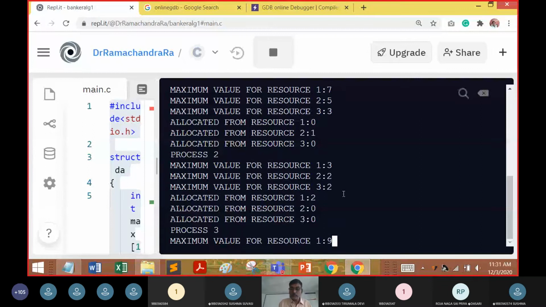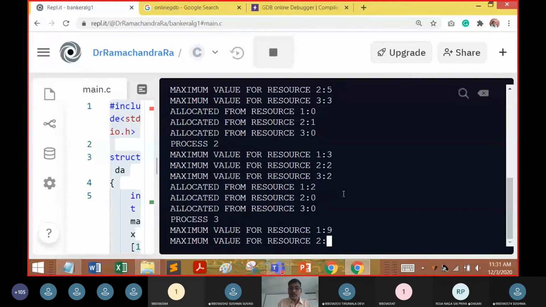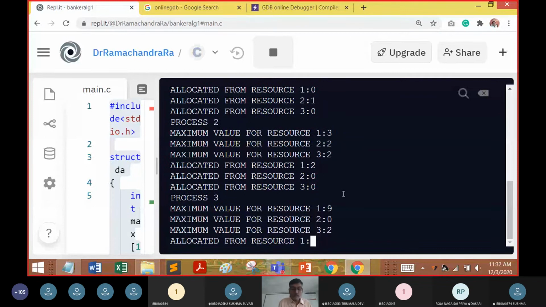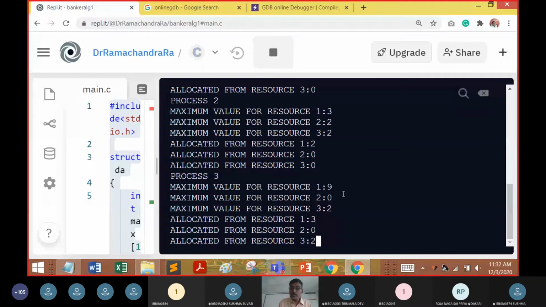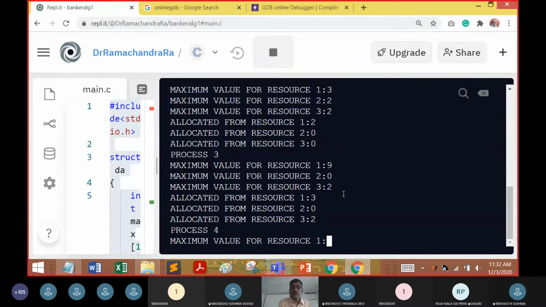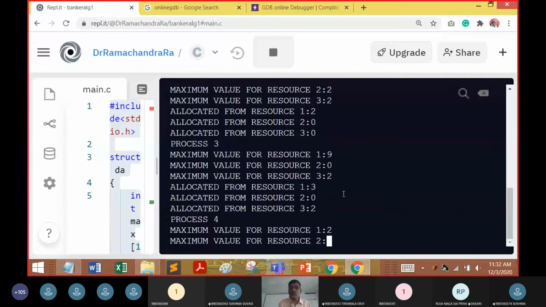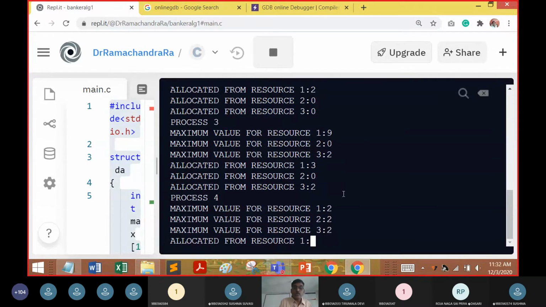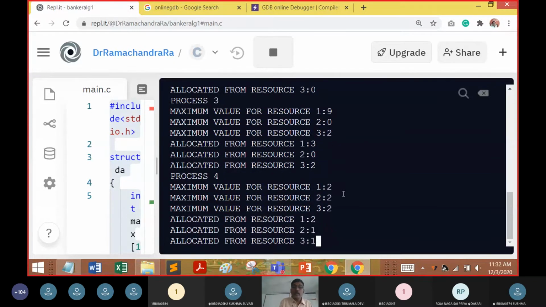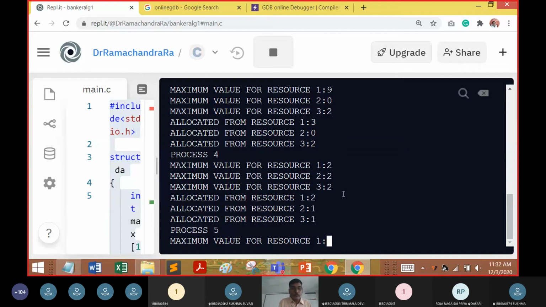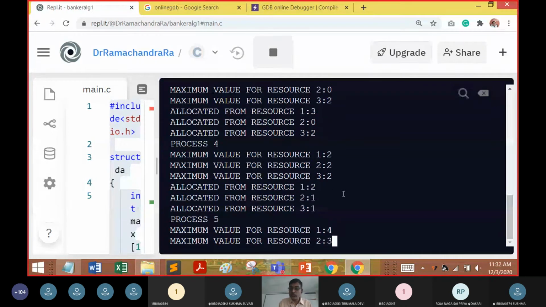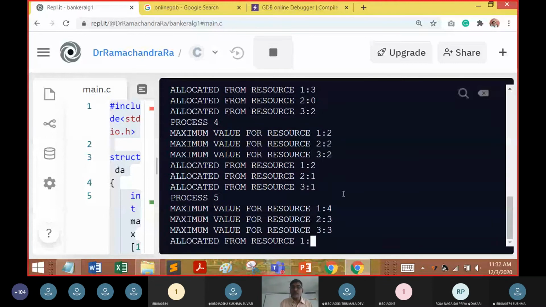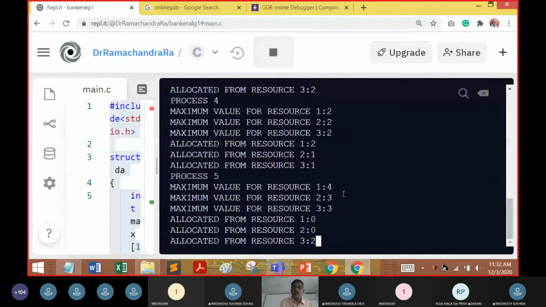For process P3, it is 9, 0, and 2, and the allocation was 3, 0, and 2. The fourth: maximum was 2, 2, and 2, and the allocation was 2, 1, and 1. Finally, I input the value 4, 3, and 3, and the allocation was 0, 0, 2.